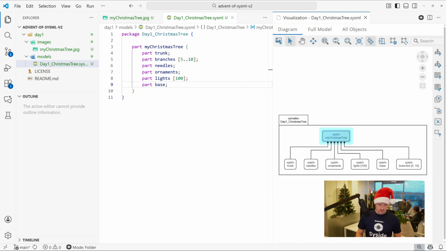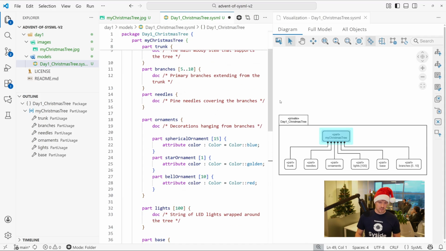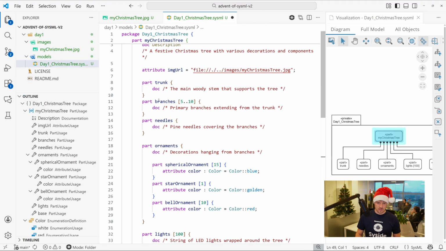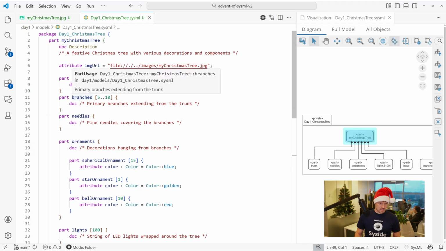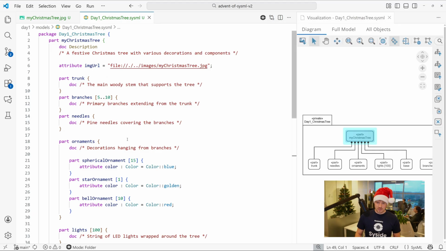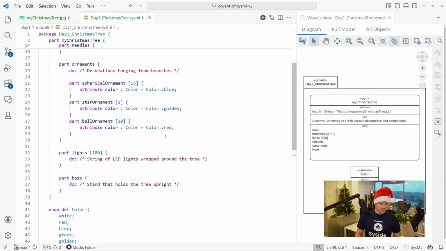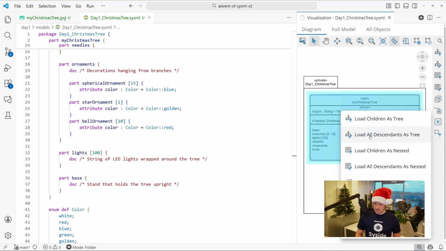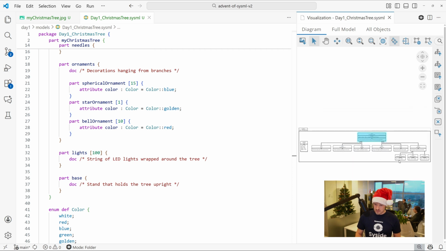So what I'll do next is I'm gonna copy paste this slightly more developed version of this model. So now you'll see there's more things going on. So I'll collapse that out of the way. So firstly, we have the same parts as before, but now we can try to visualize it. You'll see we have some further child components. So if you load all descendants as tree again, you see